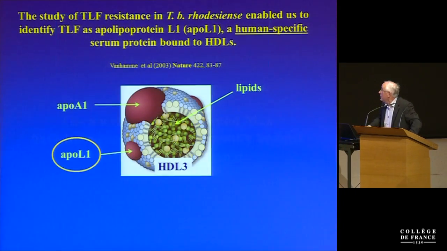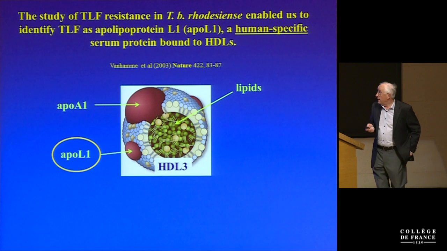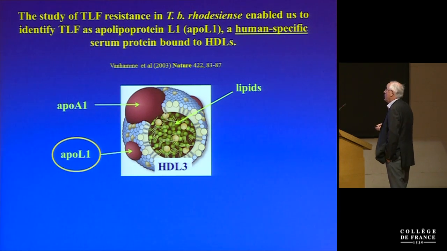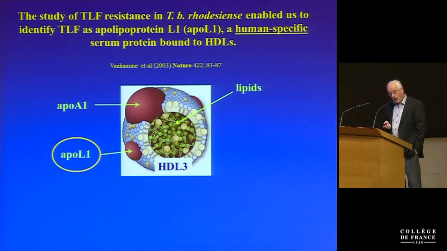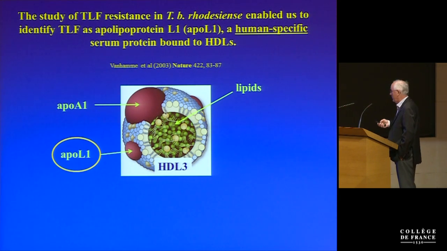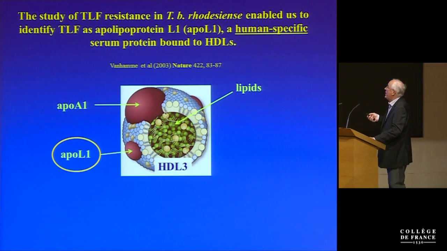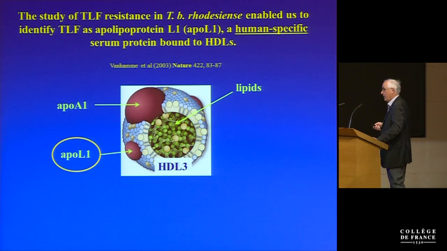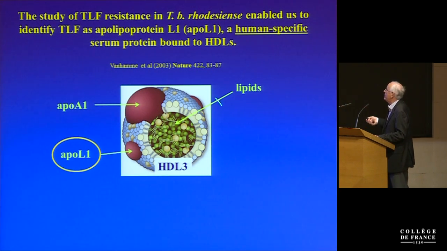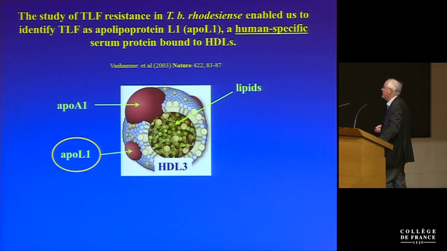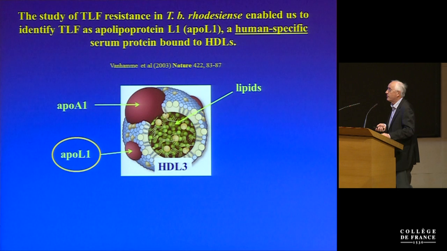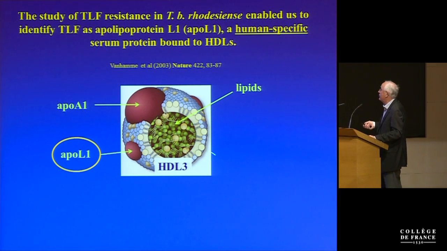What is it? To make a long story short, in 2003, we proposed that the factor in our blood that kills African trypanosomes is a given protein named apolipoprotein L1, or in short, ApoL1. I will briefly allude later in the talk to the way we found this. But yes, ApoL1 was a protein already known to bind lipid particles, in particular high density lipoproteins, or HDLs, and even the densest fraction of HDL, which is called HDL3, and which is usually named the good cholesterol.